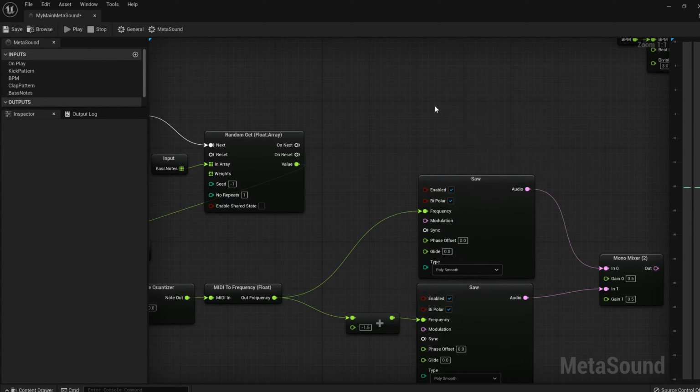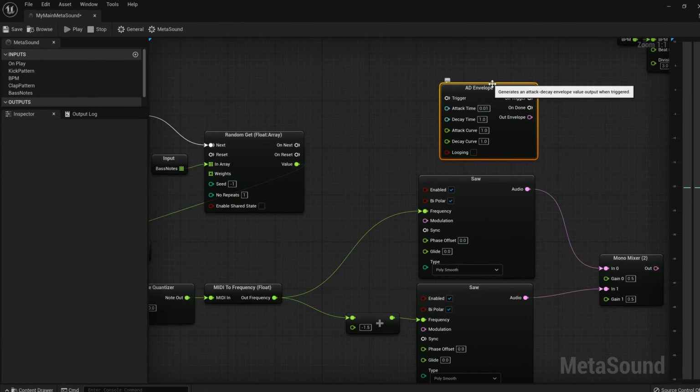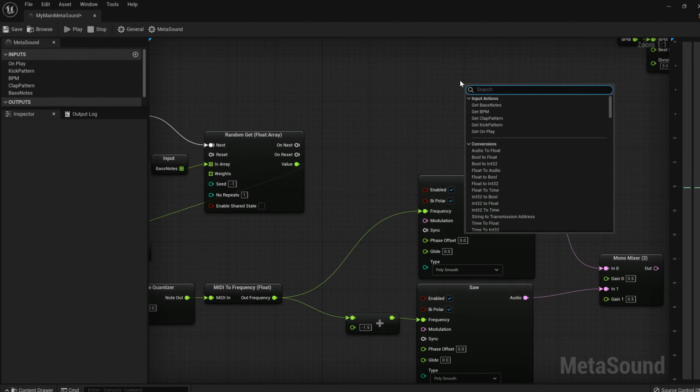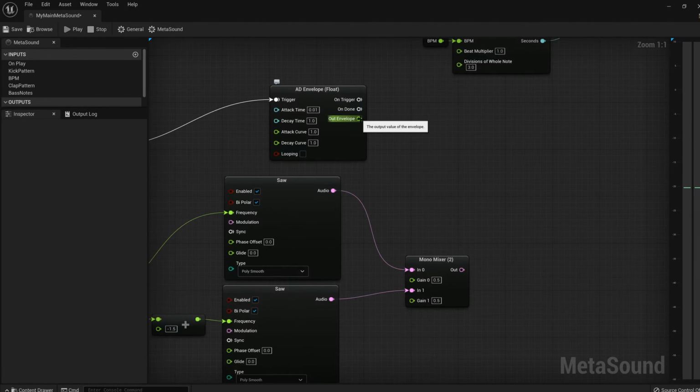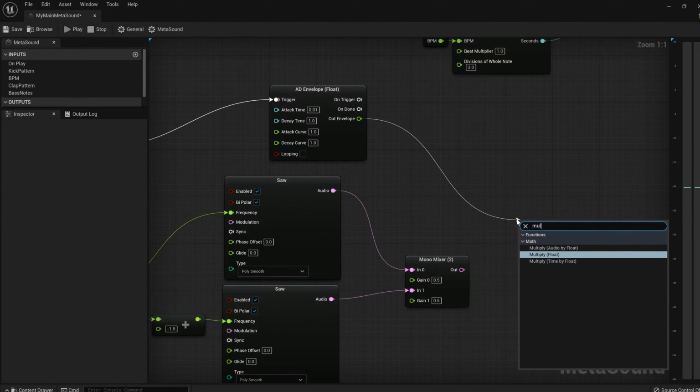And I think we could probably get away with a float envelope that time. So on next selection, we will trigger